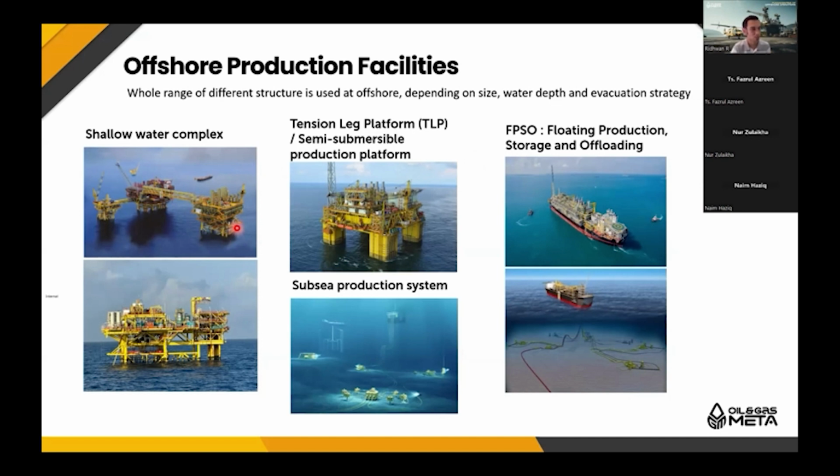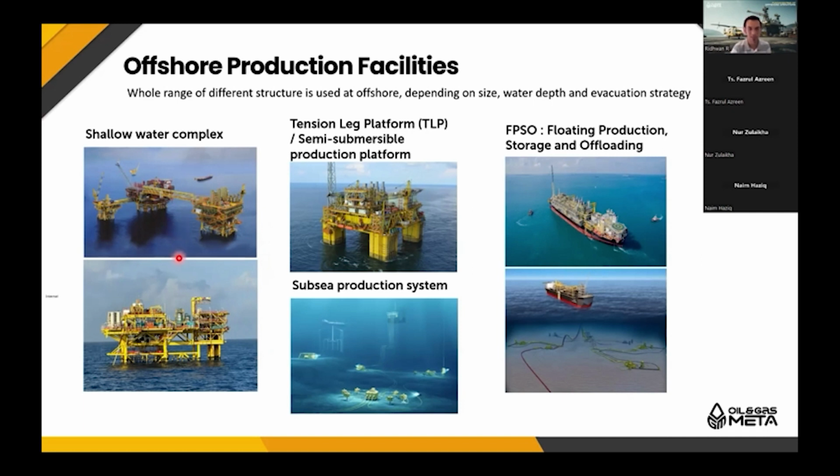This shallow water complex is usually used for facilities or platforms with water depth up to 100 meters. So this one we call shallow water. Usually this type of platform has all the facilities like riser, processing, accommodation, and also power generation. So this is what we typically have at our